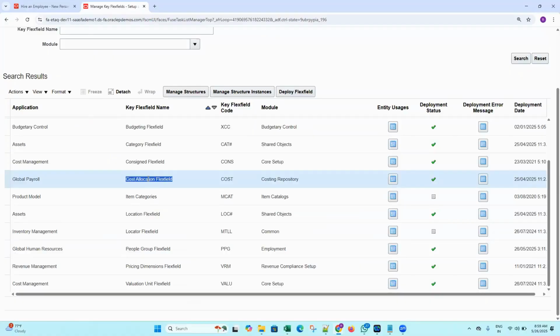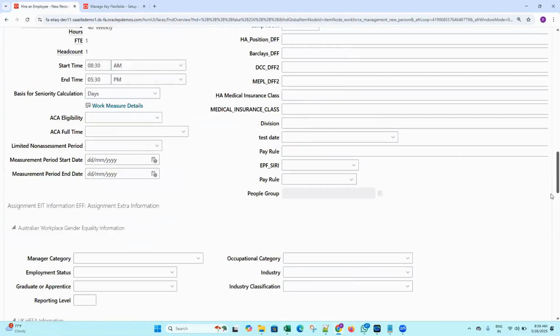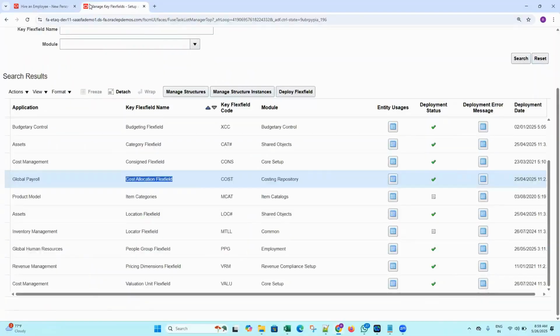That is, you are saying position, job, element entry, person level, and element eligibility level. Assignment level we will get. Okay, that is the cost allocation flex field levels. This one is People Group. You can use it only at assignment level, right? This cost allocation flex field we can use to capture the information at